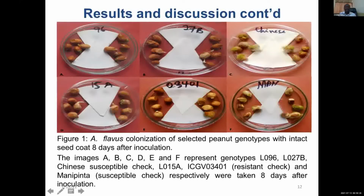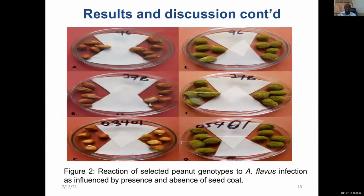We also look at the clean surface, and then we remove the seed coat from the selected genotypes, where we can see in figure 2, EF and gene, EF and gene with total colonization without the seed coat. This same genotype with clean surface was taken on the 8th day after inoculation. This indicates the role the seed coat played in the infection of the